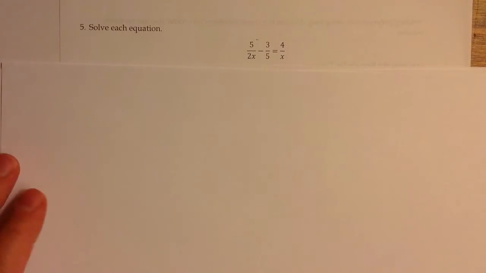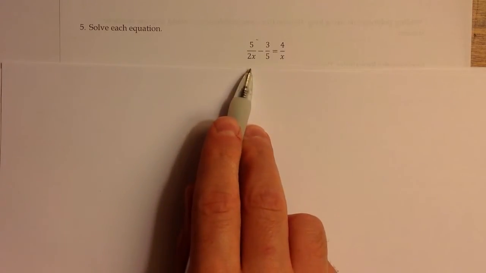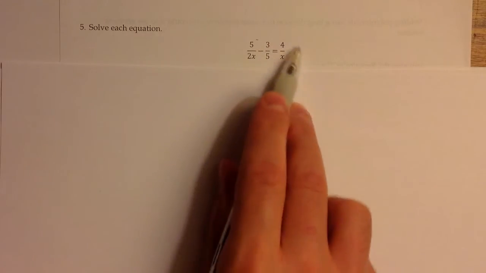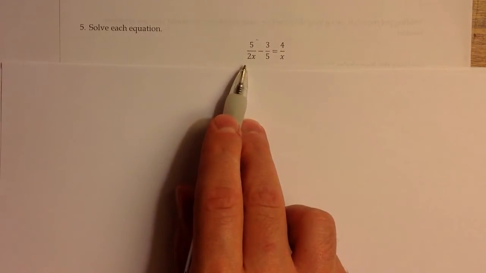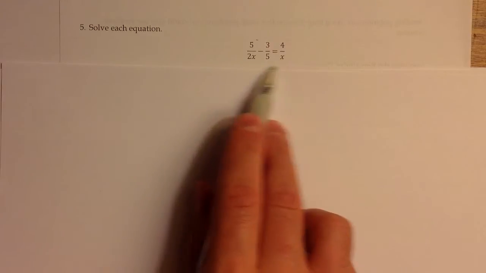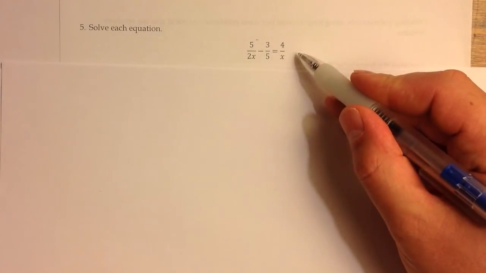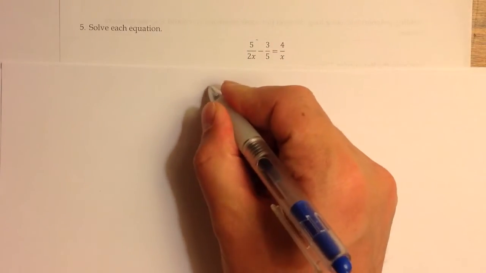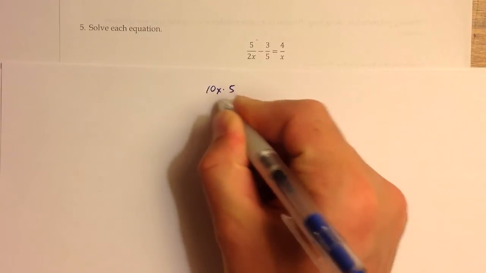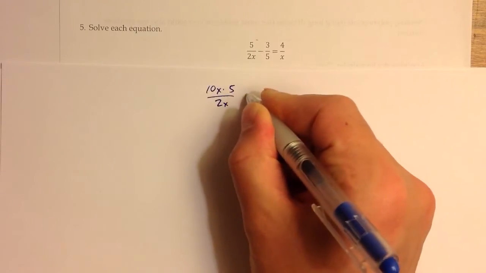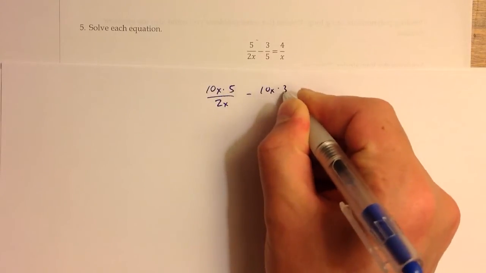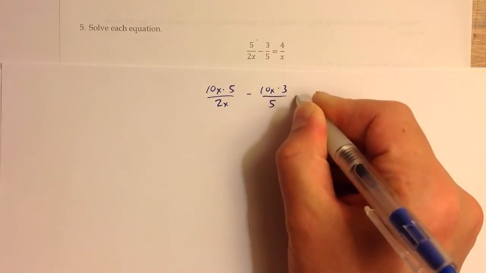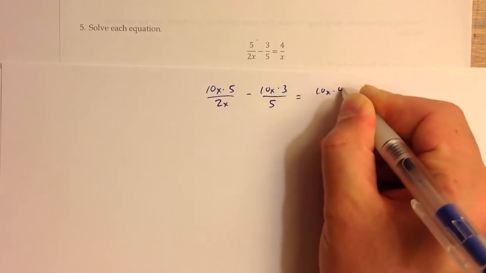We can solve a rational equation if we multiply all terms, if we multiply both sides, by the least common denominator. That will clear out the denominators and give us a simpler equation to solve. So in this example, we can multiply each term by 10x. So we get 10x times 5 divided by 2x minus 10x times 3 divided by 5 equals 10x times 4